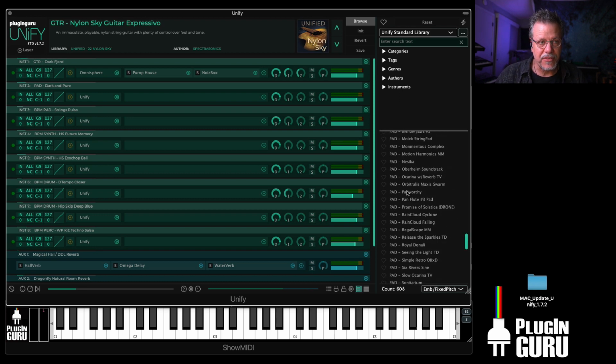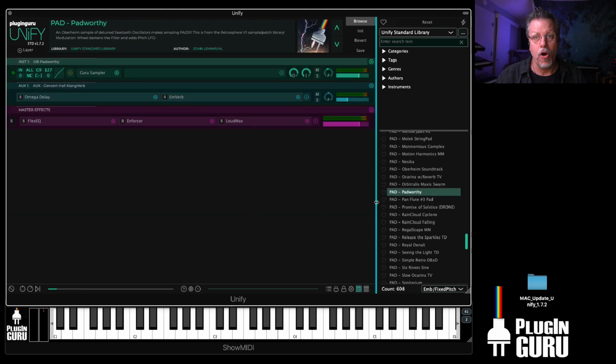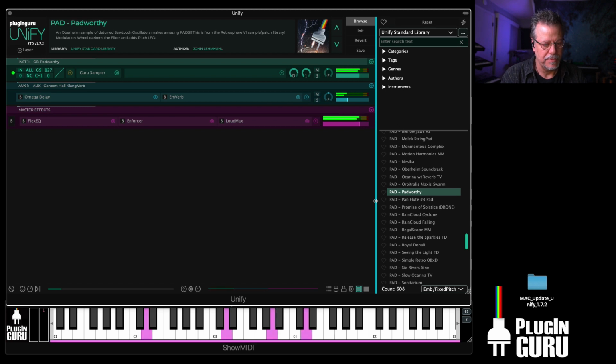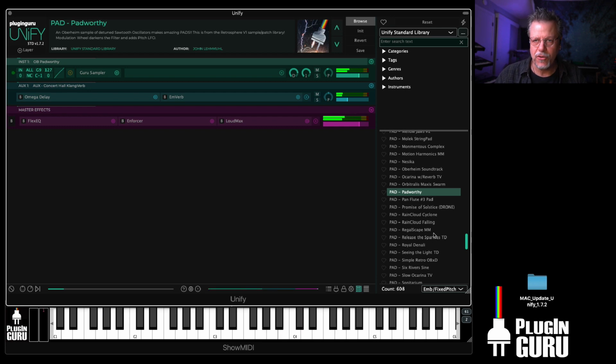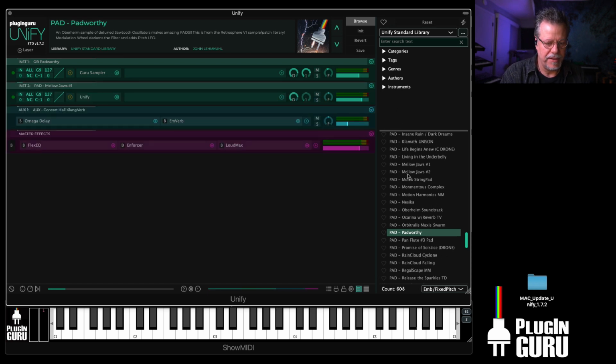Don't click, because it's going to load it into the existing patch. Right-click now and just say load patch. And that way you're starting over. And you can leave it on fixed pitch embedded, because if it's a normal synth sound, it's going to load it. The fixed pitch is only relating to MIDI box on drum grooves that transpose for pitch. So by leaving it here, I can now click on Mellow Jaws